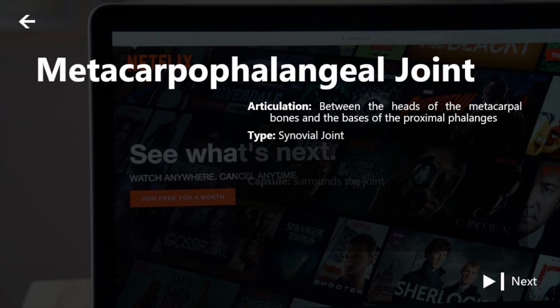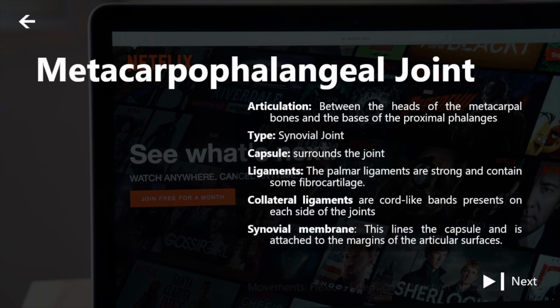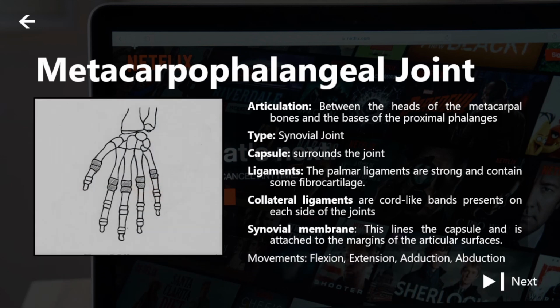So we have the articulation, the type, the capsule, the ligaments, synovial membrane, and movements. So articulation: between the heads of the metacarpal bones and the bases of the proximal phalanges. The type is synovial condyloid joints. The capsule surrounds the joint. The ligaments, the palmar ligaments, are strong and contain some